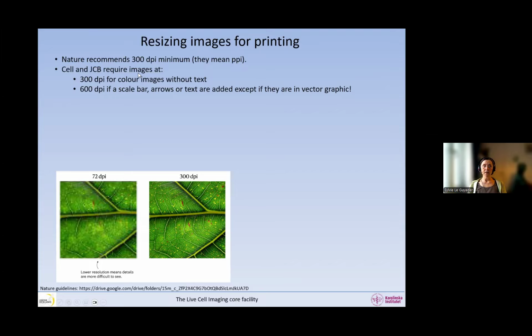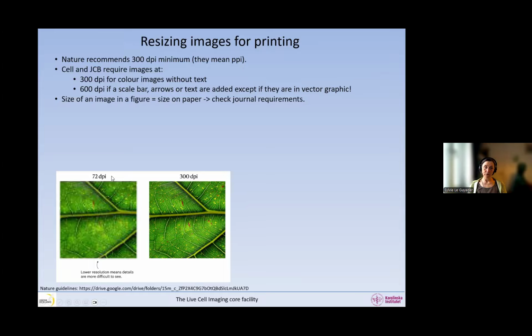Cell and JCB require images at 300 dpi for color images without text, and 600 dpi if you have some text or a scale bar or an arrow or anything like this, except if they are in vector graphics. So it is very useful, when you add annotation to an image, to save it in such a way that it goes into vector graphics. We will see what it is.